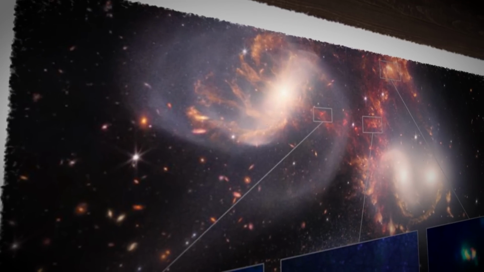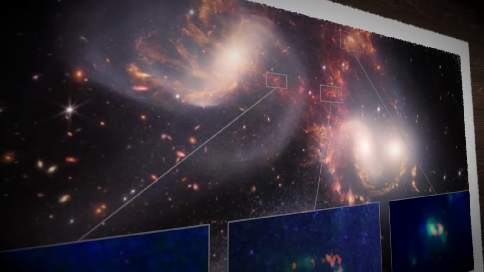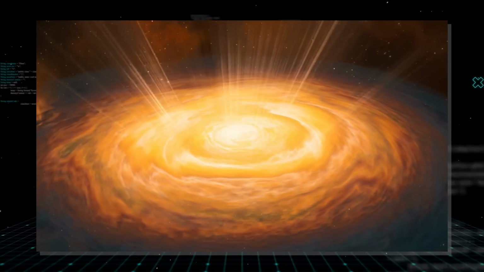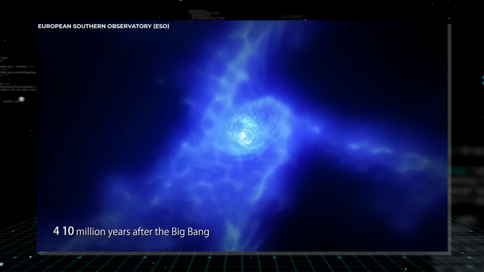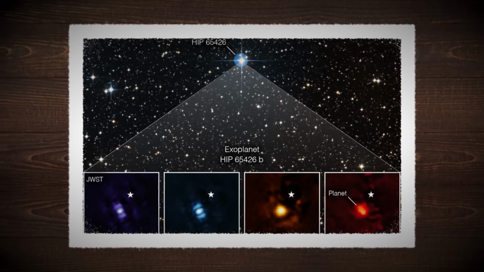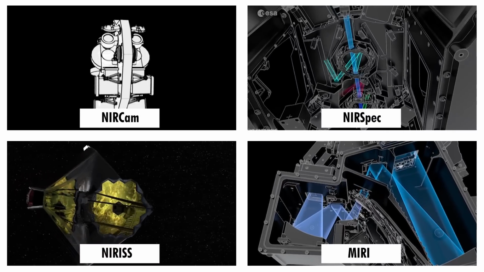JWST has also been seeing the cosmic dawn, which occurred when the earliest stars and galaxies generated enough molecular hydrogen to cool and collapse into more complicated formations. The cosmic dawn signaled the change from a simple to a complex universe, and it influenced the following history of star creation. JWST has been searching for molecular hydrogen emission from these structures and studying their physical properties using its NIRCam, NIRSpec, NIRISS, and MIRI instruments.